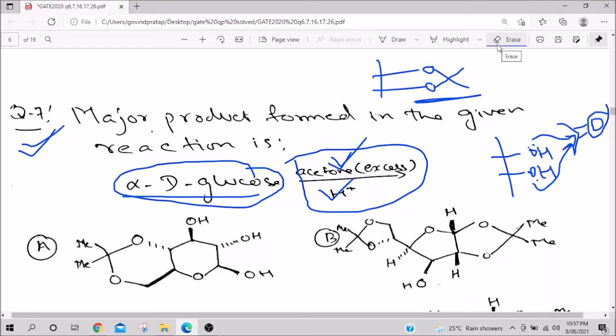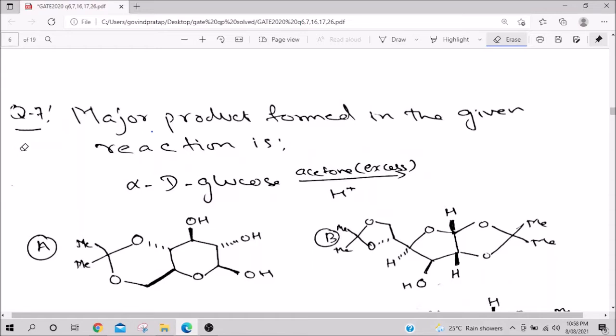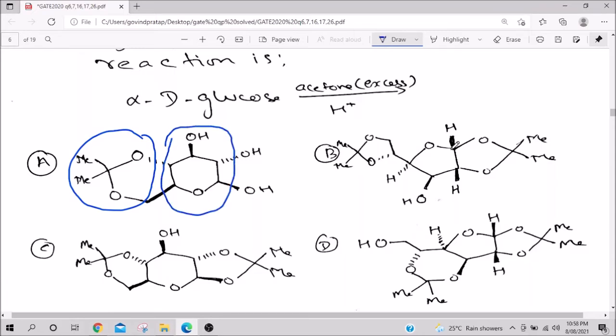Now, the reaction will always go in such a way that more and more acetonides are formed, that is what will be thermodynamically favored. So, let us look at the molecules, what products they have given. The first product they have given is, in glucose one acetal is formed. Out of all the OH present, only one of the diols is able to interact and form acetonide. Here the glucose is in pyranose form, that means it is a 6 membered ring. Here the glucose is a 5 membered ring, it is furanose form, and here 2 of the diols are able to react. This is 1 and this is second, 2 diols are reacting.